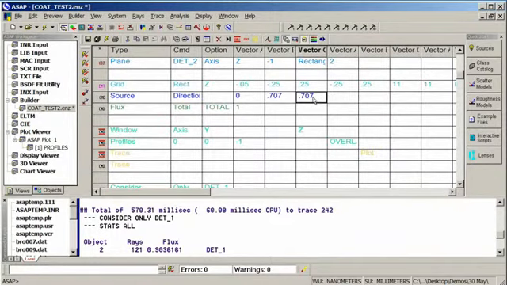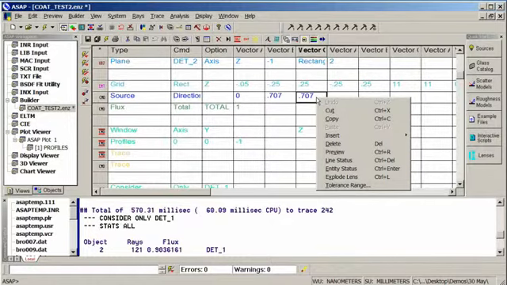And here's how I do that. I'm going to simply vary the x term in the direction cosine definition. The y term will automatically be calculated so that the square root of the sum of the squares is equal to 1. But after selecting this cell in my spreadsheet, I simply use my right mouse button and I get